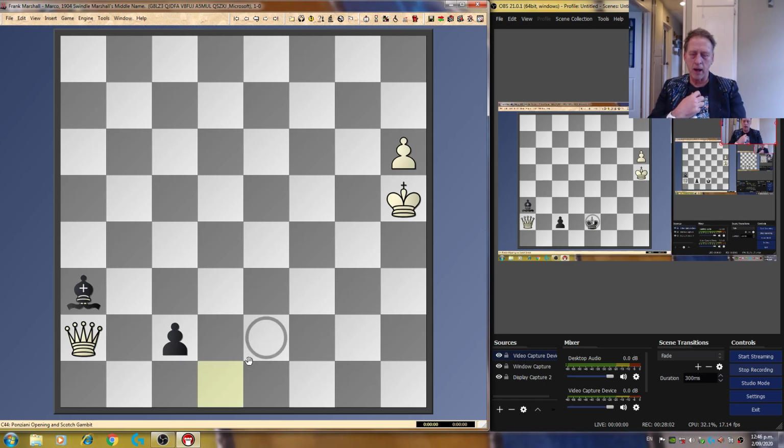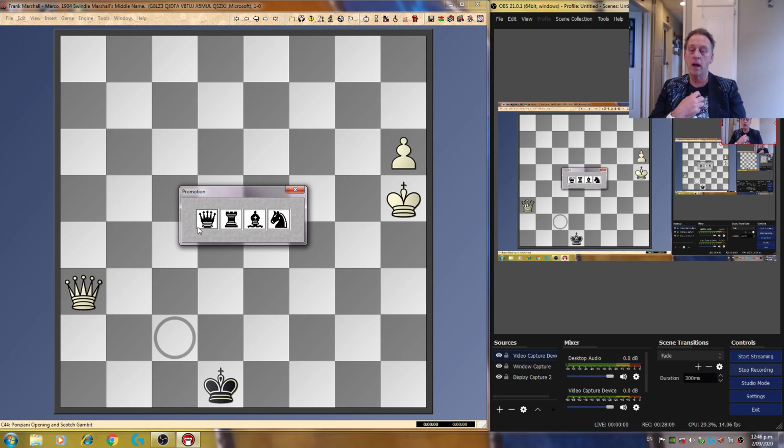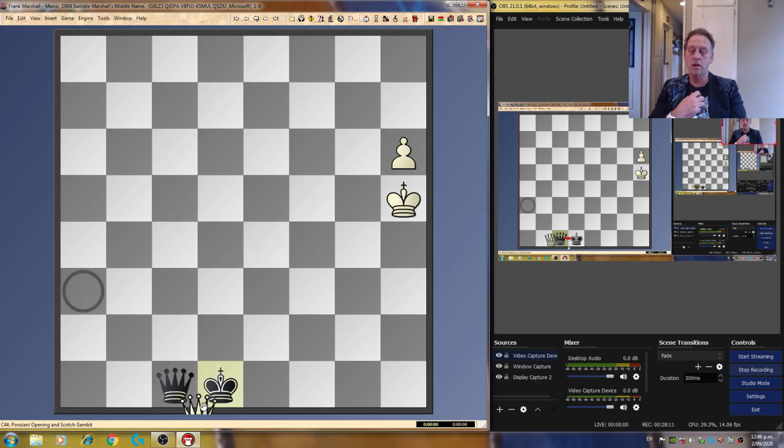Also, I do want to show you just the ending. We're going to play king here, aren't we? Okay. Then we play queen takes bishop here, and now after queen here, not rook also, just queen takes queen,